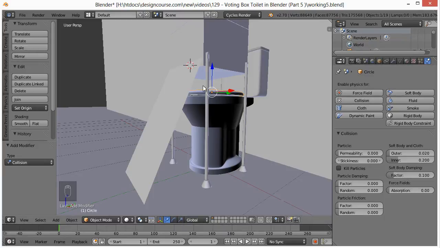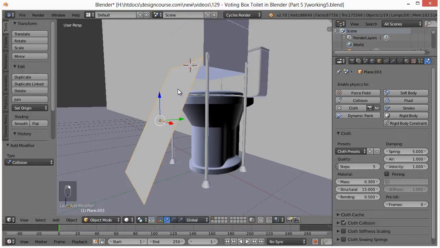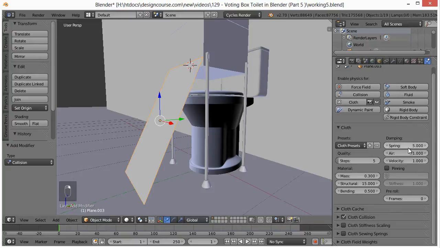I don't think it's going to touch these, so we don't have to worry about those. The floor needs to be collision. All right, so we got taken care of all those. And we want to enable pinning. Pinning basically means when we did that weight painting, it's going to look like it pins those to this board